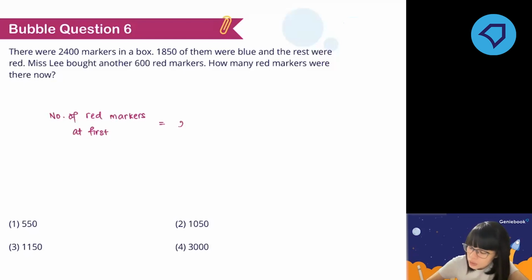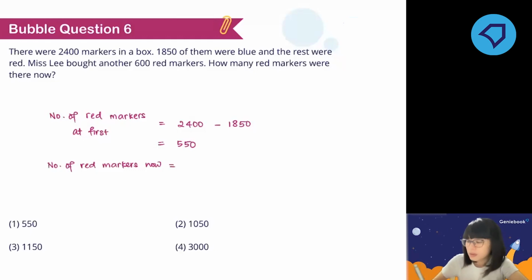So we're going to take 2,400 minus away 1,850, which are blue markers. What do you guys get? What is 2,400 minus 1,850? 550. Yes, so this is the number of red markers she had at first. The number of red markers